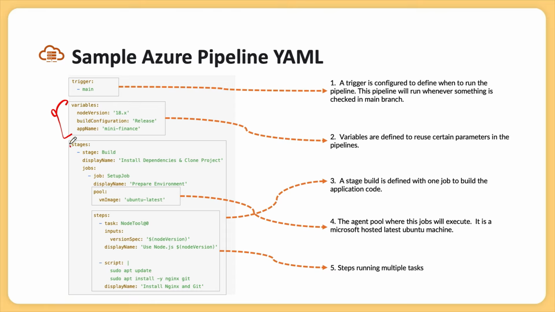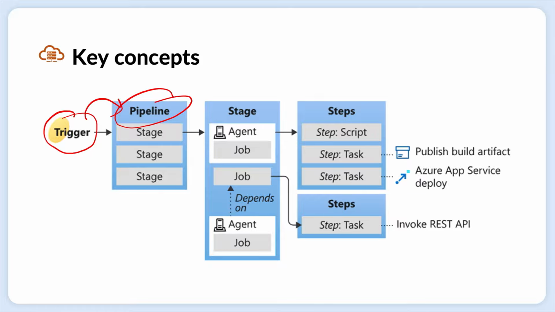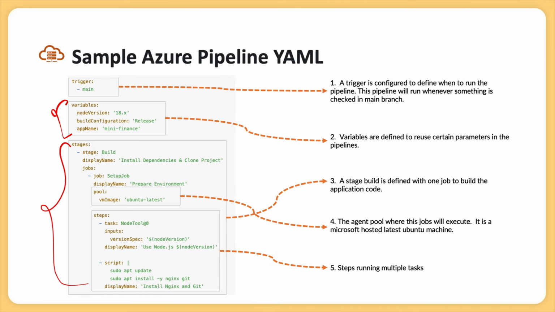Then we have the stage. Again, this is very logical, correct? With this architecture, once we have the pipeline, in this pipeline we have the stage. In the stage we have the job. To run this job we need the agent. Then we have the script, or maybe you can have the task as well. And this is what we are seeing here, how all those things are written as code in our Azure